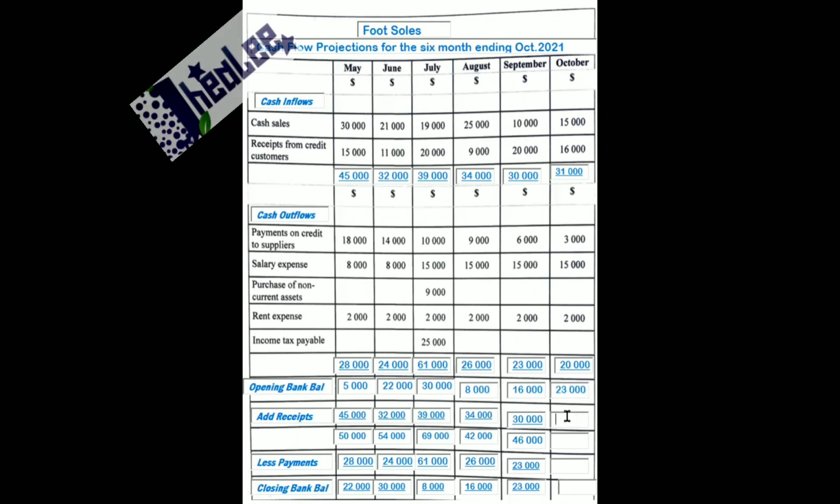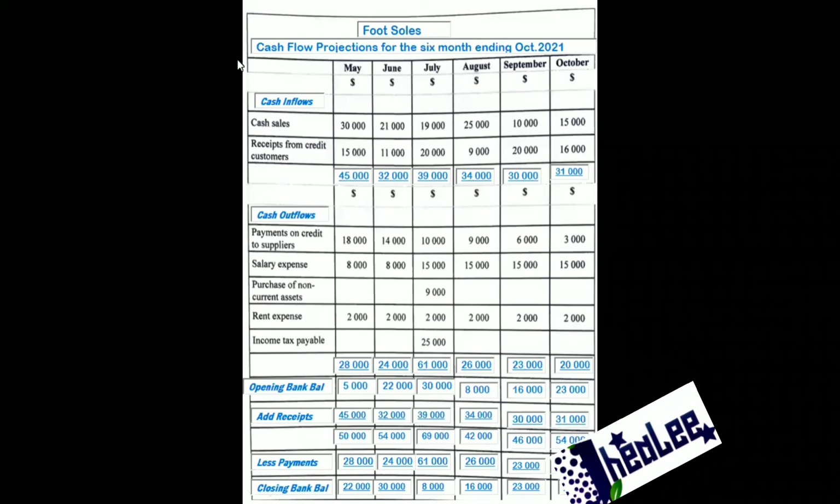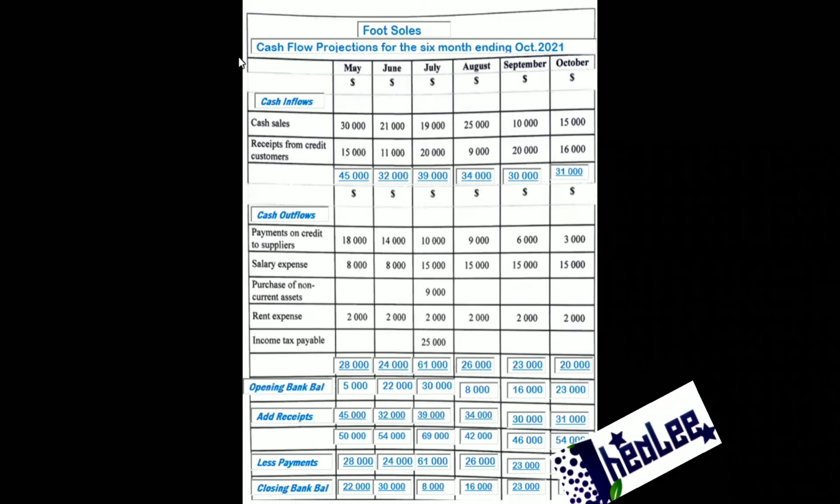That's 23,000 for the opening bank balance. To that, we add the receipts of 31,000, which gives us a total of 54,000. From that 54,000, we less the payments of 20,000, and that gives us a closing bank balance of $34,000. So just to summarize what was done in order to complete this cash flow statement, we started out with